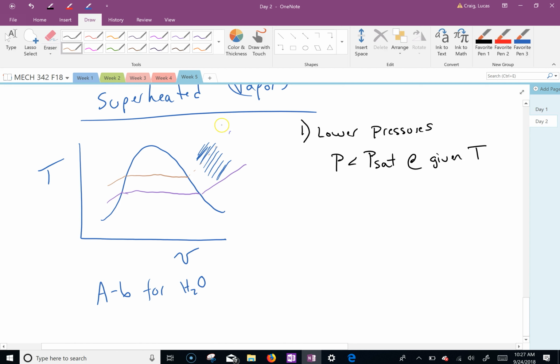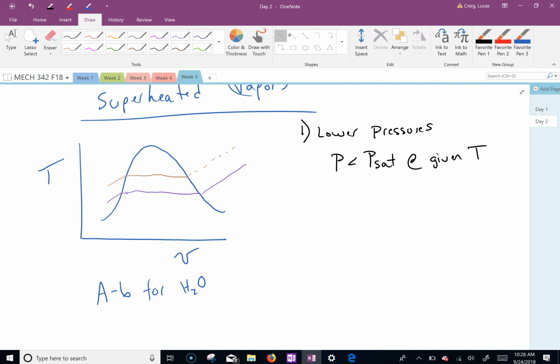Not quite the way I wanted to do it, but that's fine. Let me erase those. And this will probably be green. So in order to figure out where we are and how do we identify stuff, the first thing is